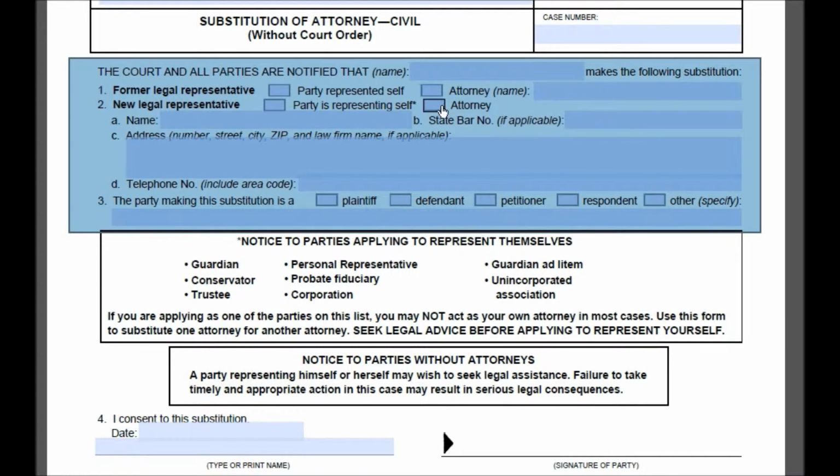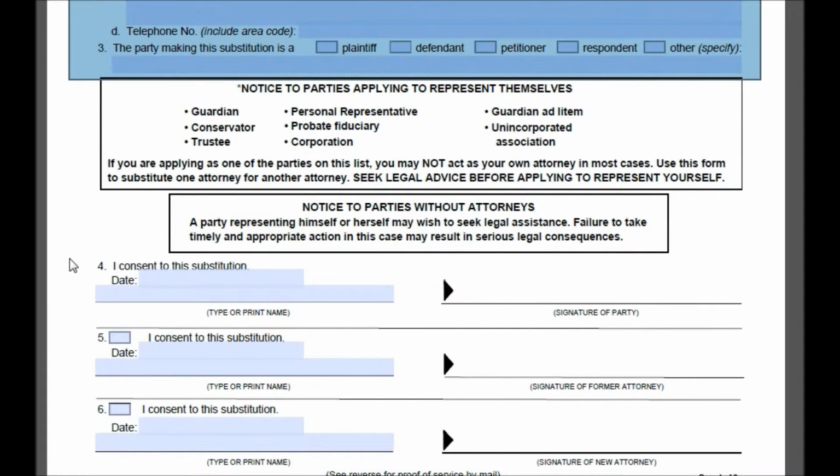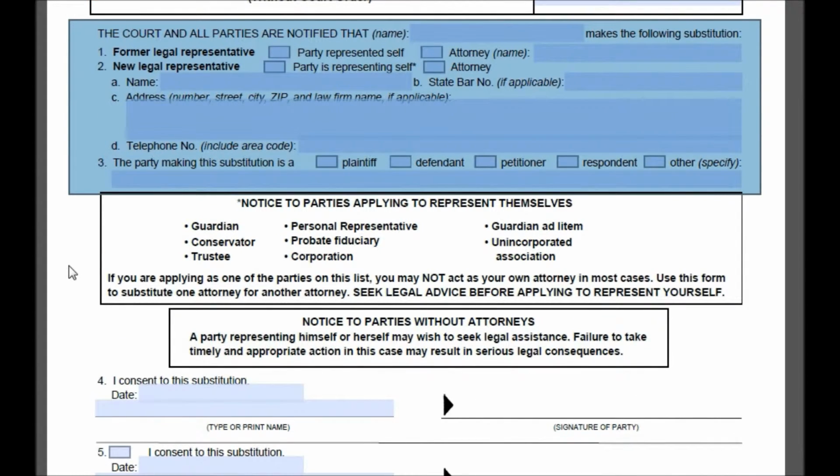But anyway, if you have an attorney on the case after the substitution, you have the attorney's name, the attorney's state bar number, the name and address of the law firm, and that includes the full mailing address. That's going to be the address that the court uses to send correspondence in the case going forward. And then box D down here is the telephone number of the attorney or law firm or party if they are representing themselves. So boxes A, C, and D are important because they go over contact information. Otherwise, the court's not going to have any idea how to send out letters, mailings, serve anything, etc. So it's a real big kind of inconvenience for the court.